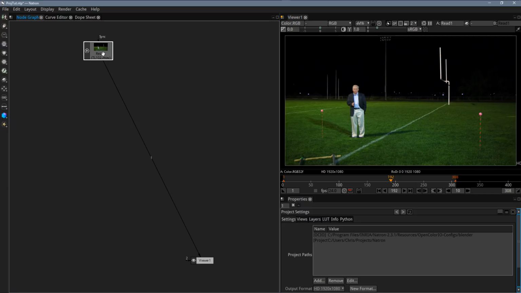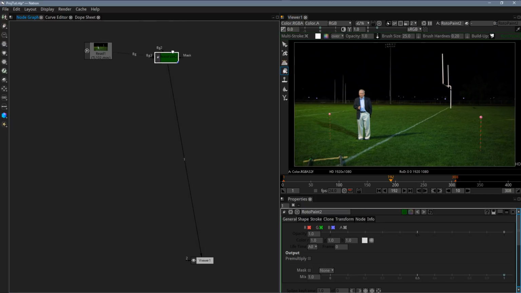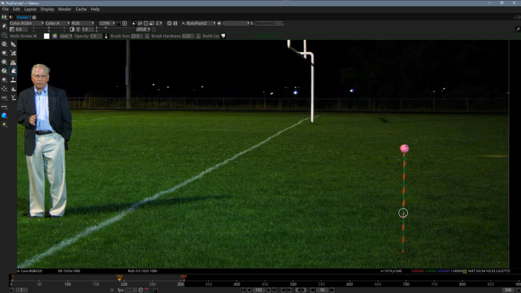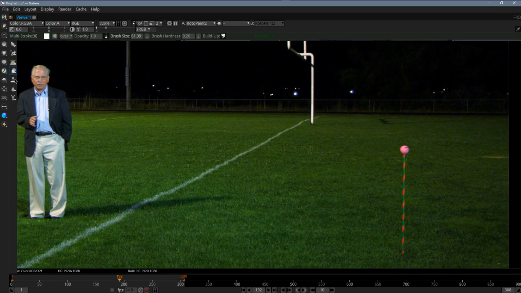We're going to select the reader, hit P for Rotopaint, move it off to the side over here, and let's make this full screen so we can see what we're doing. Zoom in a little bit, that's nice. I'm going to use Shift and click drag to make my brush a little bit bigger, and then I'm going to use Control and click drag to, whoops, I gotta hit the clone tool, there we go,